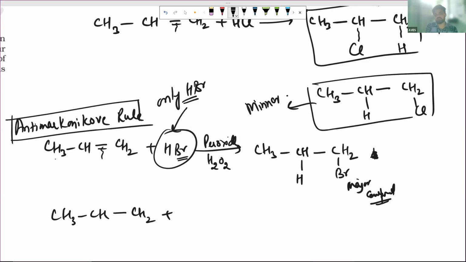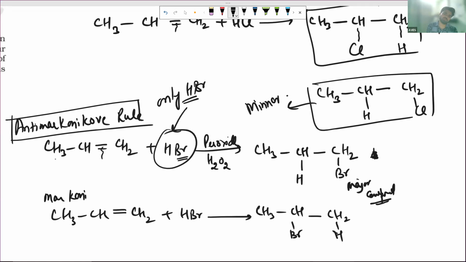like we have CH3, CH, CH2, and we are having HBr this time, but no peroxide is present. Then again, CH3, CH, Br will be attached to this one, and CH2 and H will be attached to this one. So this is the Markovnikov group, following the Markovnikov rule. And if I do this reaction in the presence of peroxide, then bromine will be attached